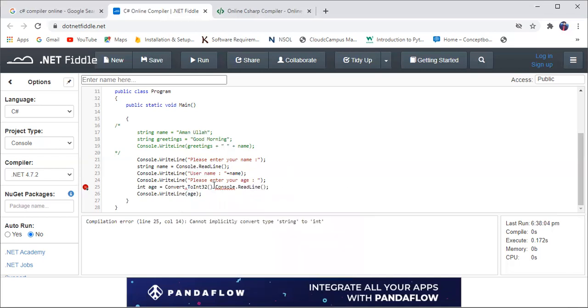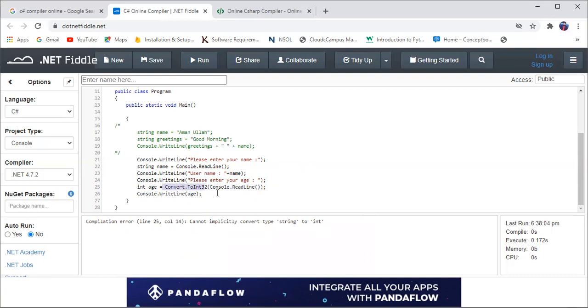I will take this, cut it with Ctrl+X and paste it inside this. Now remove the semicolon from here to there. Now it will take input from the user as a string, and it will be converted using Convert.ToInt32. This is a built-in method, so we will discuss it later.